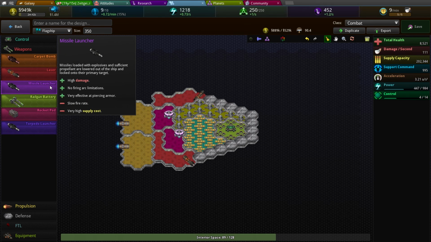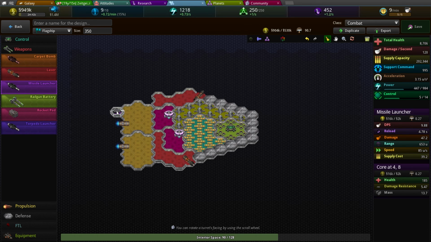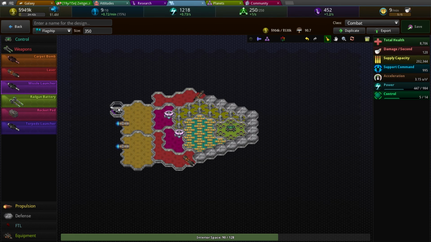The missile launcher has high damage, slow fire rates, very high supply cost, but no firing arc limitation. So you can place it basically here, and it would be able to fire pretty much in any direction. So I can place it something like this, and it will add damage to it by increasing it like this. But I think maybe I will place it...